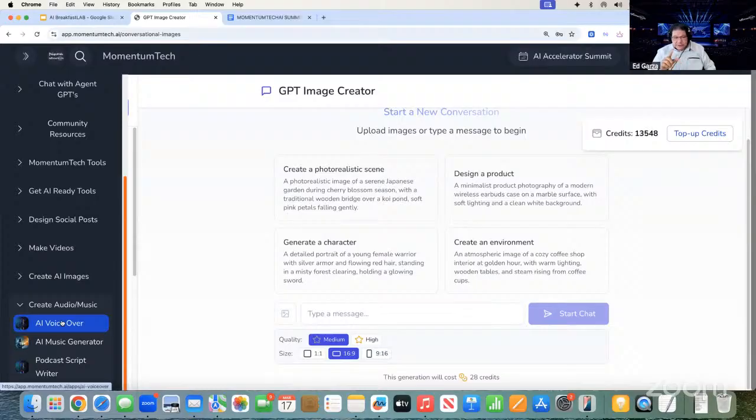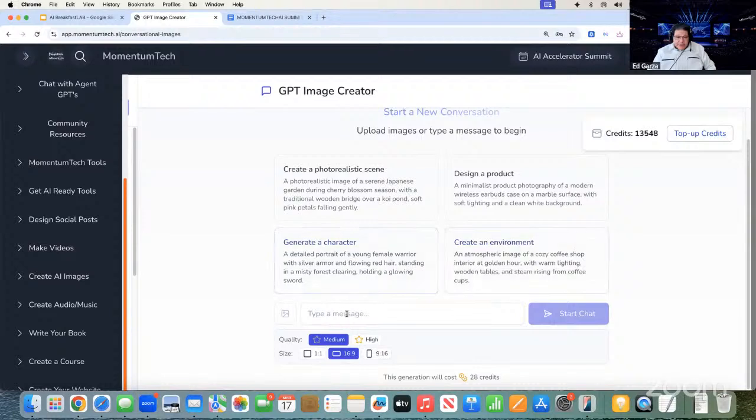Now, for books, we charge you a little bit of money, if you're going to do the audiobook, because it's a lot longer, right? But for basic videos, AI voiceover, you can create your little videos there. We're going to do that later in the week, but I'm going to show you that. My main point is that there are some small credits, 28 credits, which is very minimalistic.